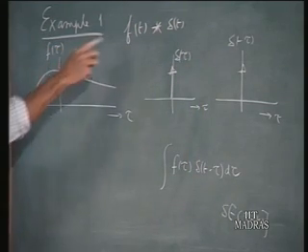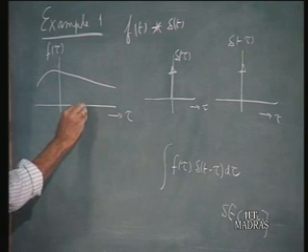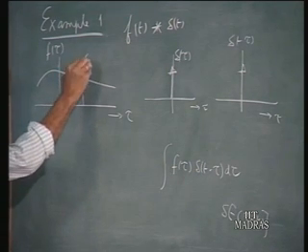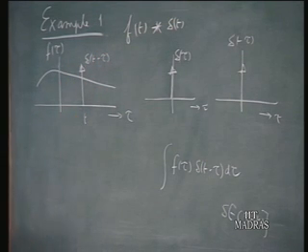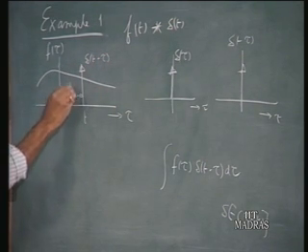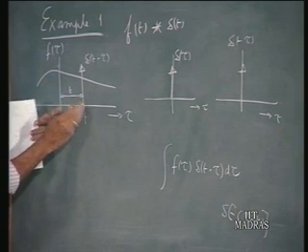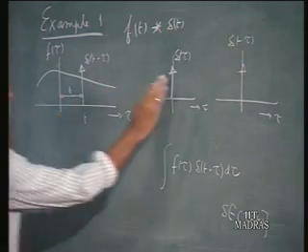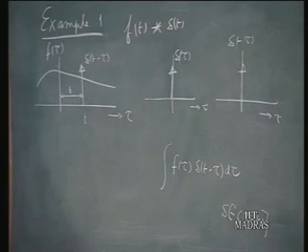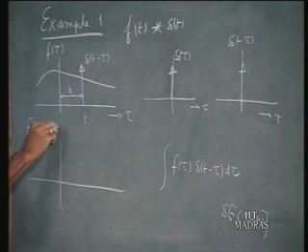So if you want to calculate the convolution at a value t, you shift it by an amount. So this will be delta t minus tau, where this is the value t. So this shift depends upon the particular value t at which you want to evaluate. For 1 second you shift it by 1 second, if you want to evaluate at 2 seconds you shift it by 2 seconds, and so on and so forth. Now you have folded this signal, then shifted this signal, then multiply these two out. If you multiply these two out, you have f tau multiplied by delta t minus tau.